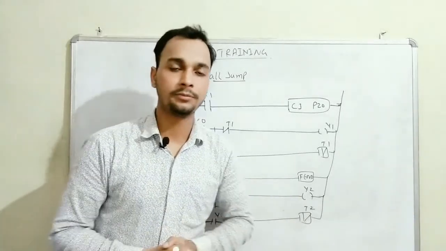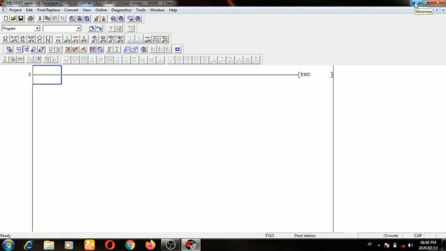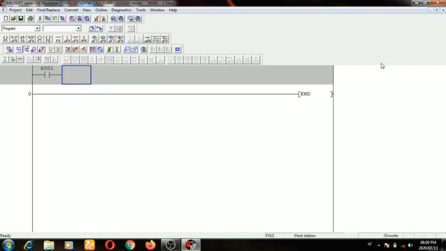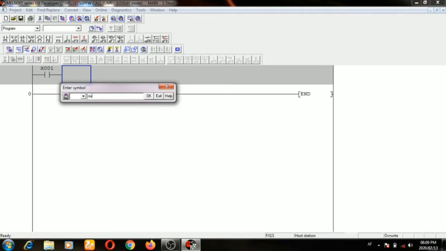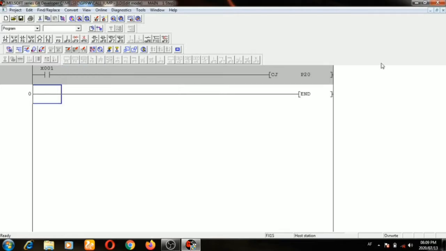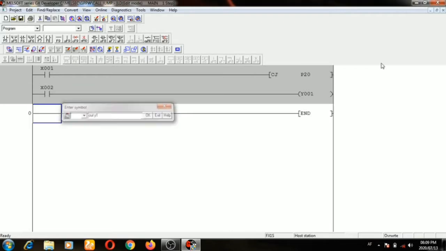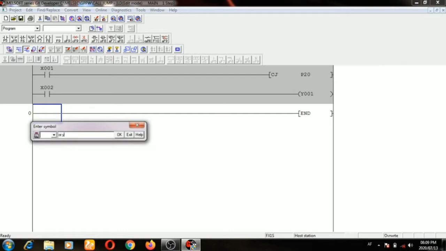So let's make a program for call and jump. LD X1, then call and jump, use CJ P20. Now LD X2, out Y1, or Y1.